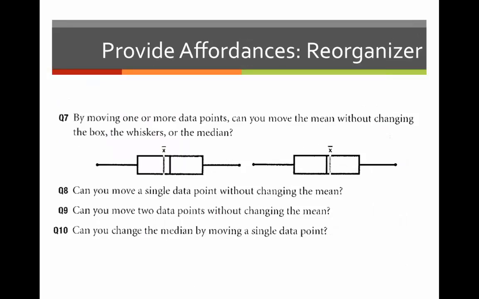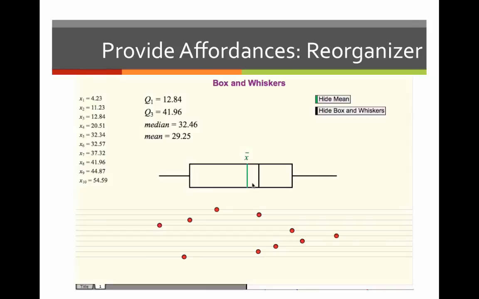And I contrast that with this task. We'll look at the prompts first, and I want to emphasize when we're looking at these, we're looking at the sketch and the prompts together, the prompts being the questions that students are meant to engage with. We want to look at those together because the prompts really guide students in terms of how they're intended to use the sketch. So here we're going to see a dynamic representation of a box and whisker plot and a bunch of data points that students can drag, and then they're going to answer these questions. A shorter question, Q8: How can you move a single data point without changing the mean? All right, so students can then interact. And this is what the